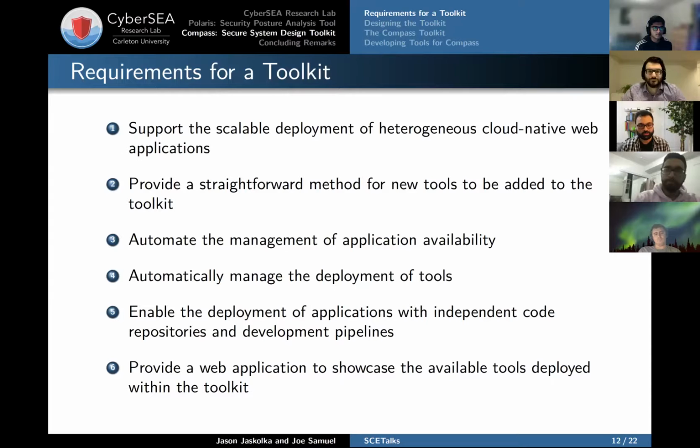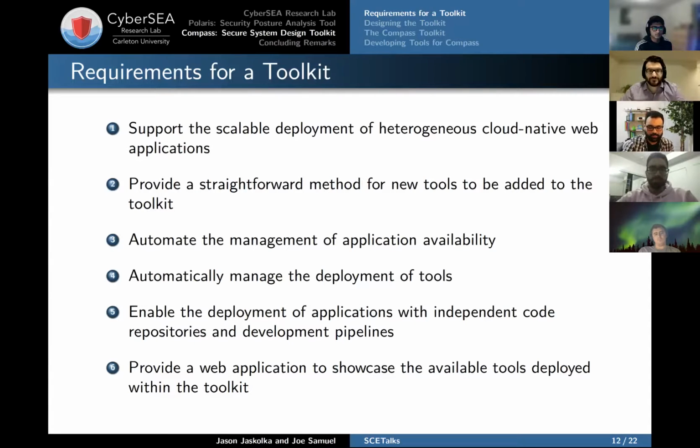It all comes down to your control, which again adds more flexibility for more types of developers to add their tools to Compass. And finally, we want to provide a web application to showcase these tools, right? That helps with the exposure of these tools, helps people find tools that they haven't heard of or knew existed, or go back to tools that exist and see if they can contribute or give feedback, and so on.